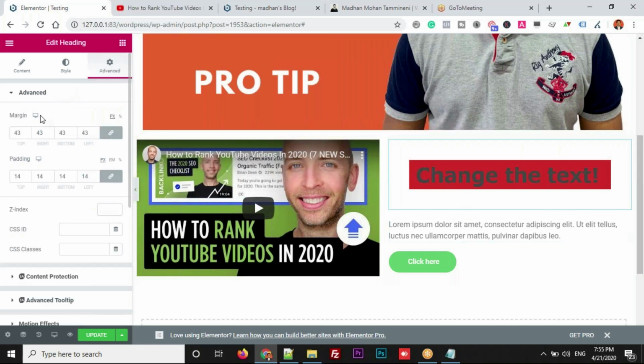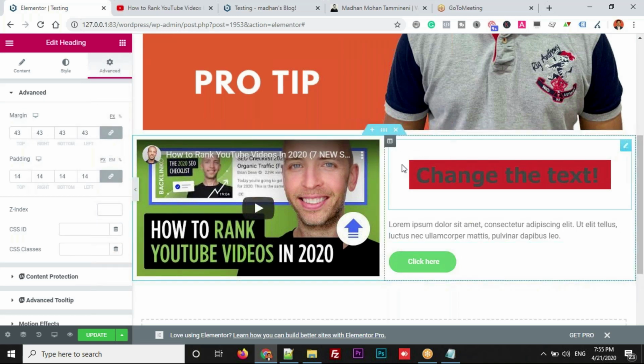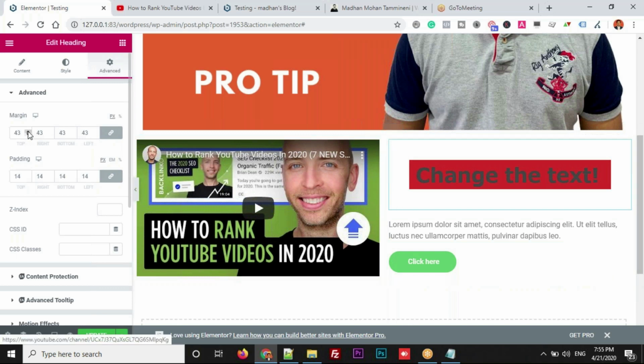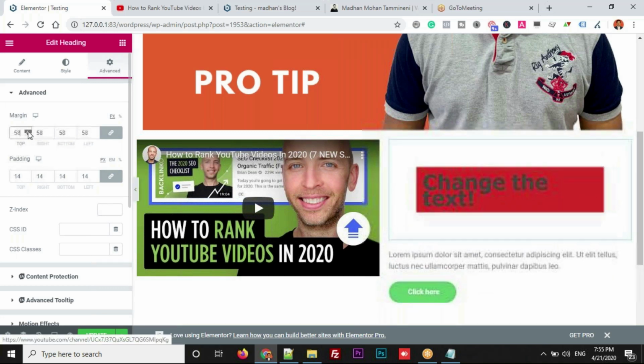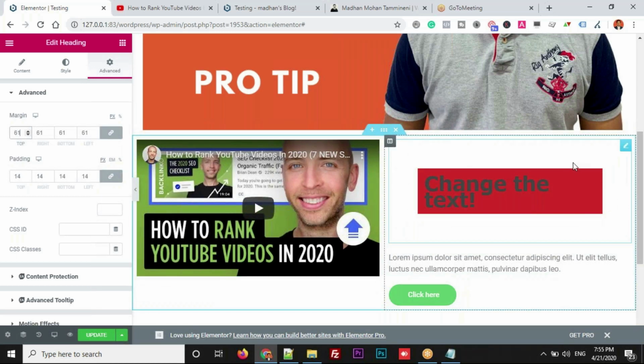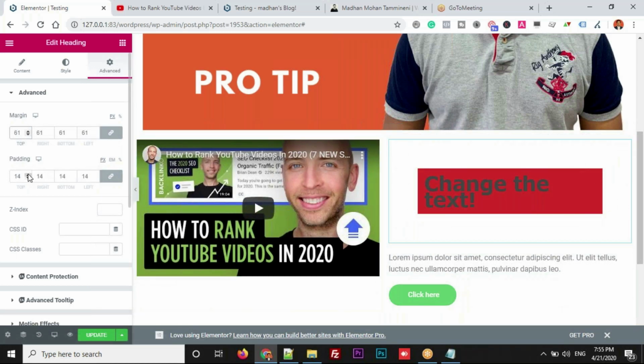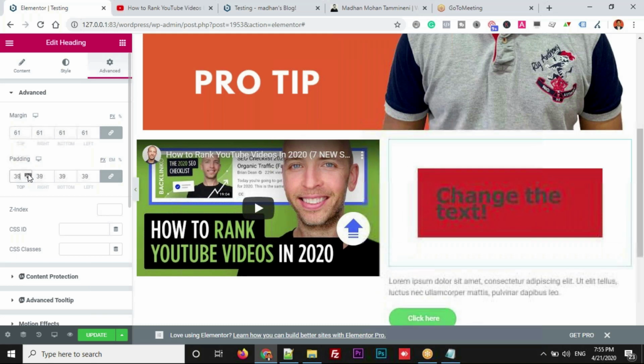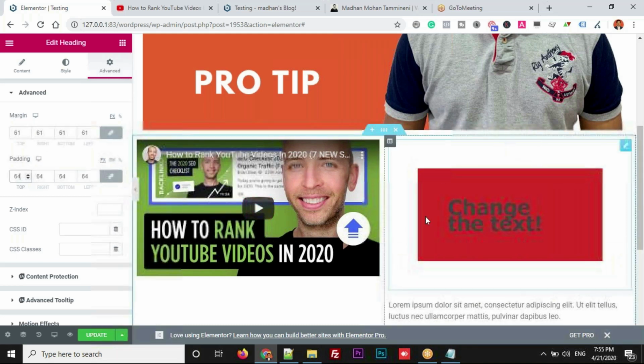Now let's go back to the same section. Let me increase the space and decrease the space and see where the space is getting added. You can observe the outside space here. Space is getting added on the outside. This is margin, outside of the section. Now let me add padding. Observe this, where the space is getting added inside. This is the difference between margin and padding. Now based on your requirement, where you exactly want a space, is it inside or outside? Based on that you can make use of padding and margin.